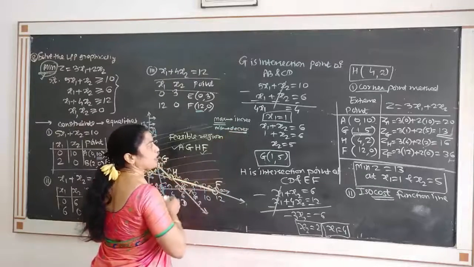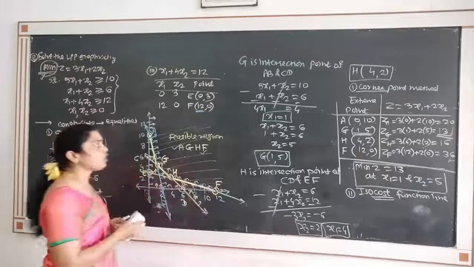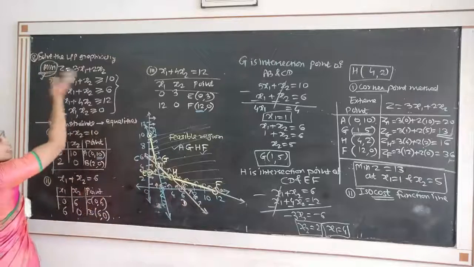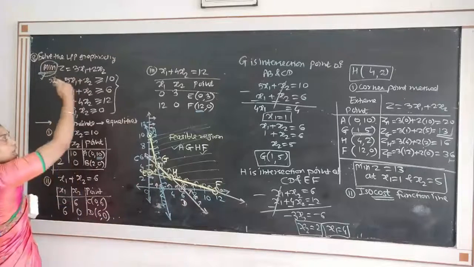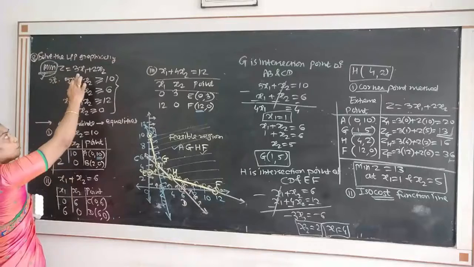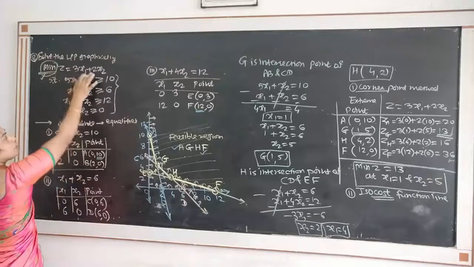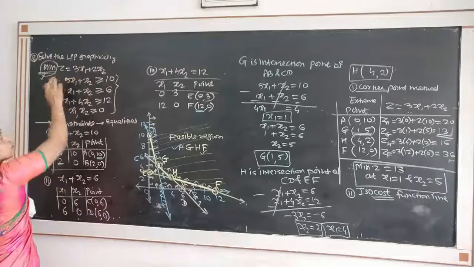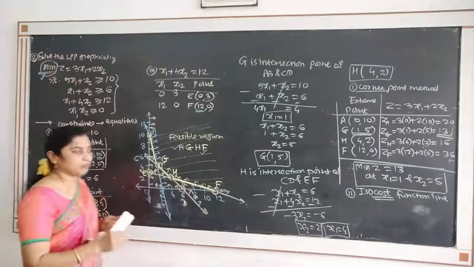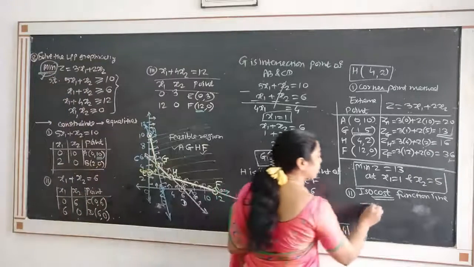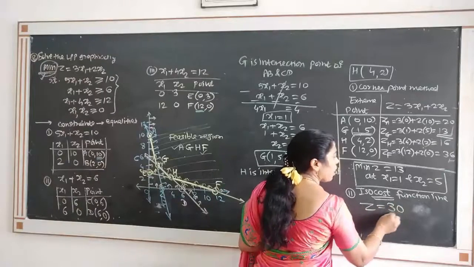Because we want decreasing direction, now in this case we will not take a small value of z. In that case we will take some bigger value of z and move parallel in the direction of decreasing direction. So suppose I will take z is equal to any multiple of 2 and 3. For simplicity, suppose I will take z is equal to 30. This is an arbitrary value.